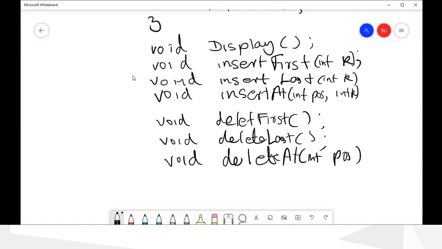You can have some other function like find, so it can be a node pointer, find node, and you can give the key.